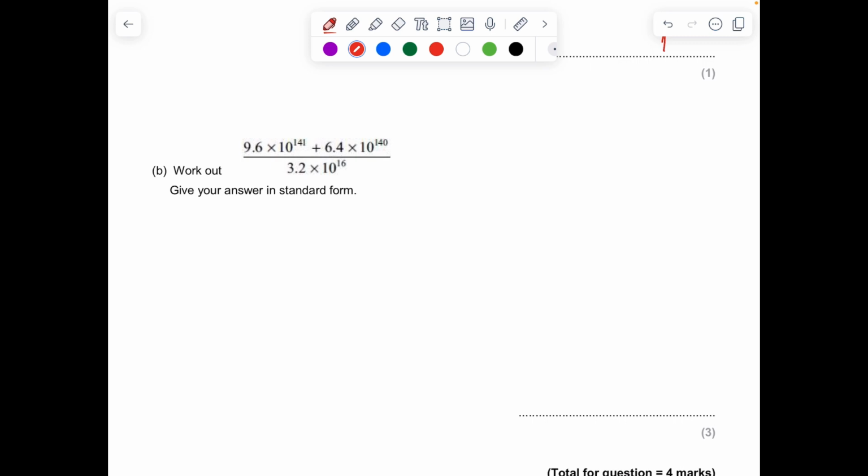So remember I said to you there are 2 ways to do this. We could turn it into an ordinary number. We're not going to do that because obviously it's to the power of 140 and 141. And we don't want to do 140 or 141 zeros. No one wants to do that. So 9.6 times 10 to the power of 141 plus 6.4 times 10 to the power of 140. I'm going to change this one